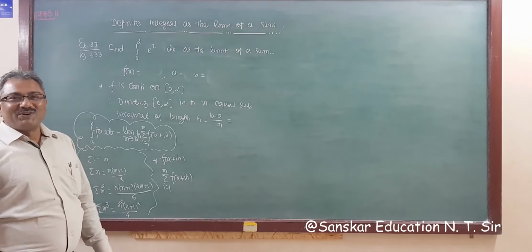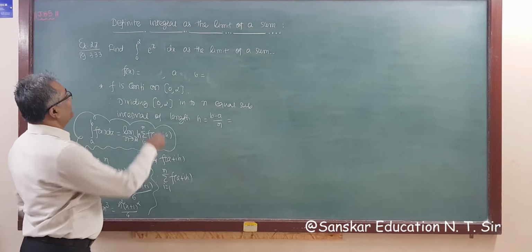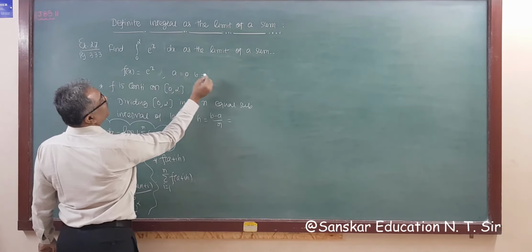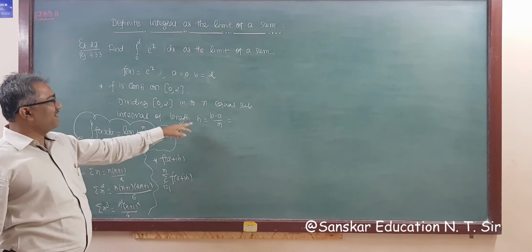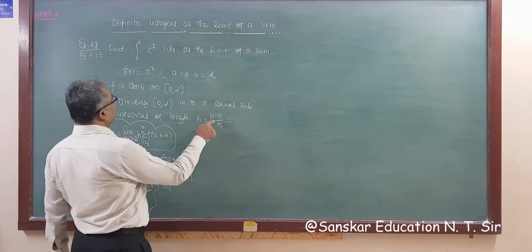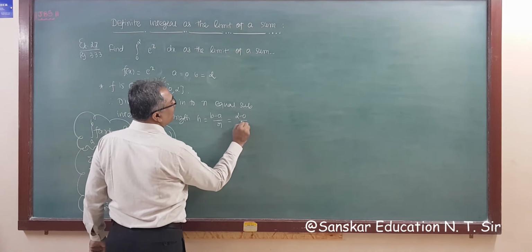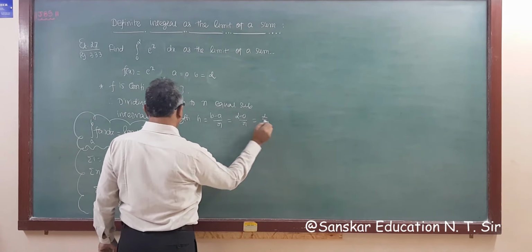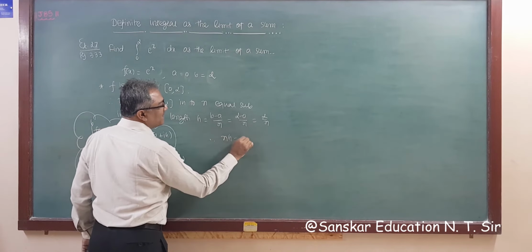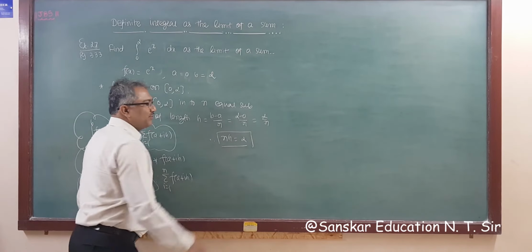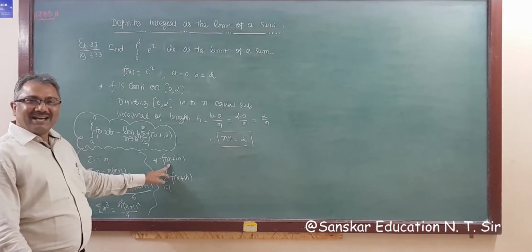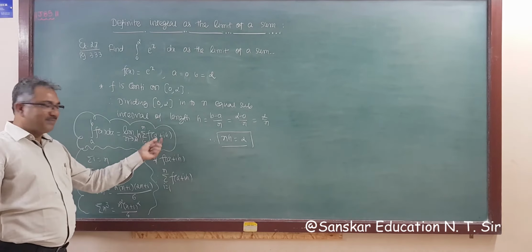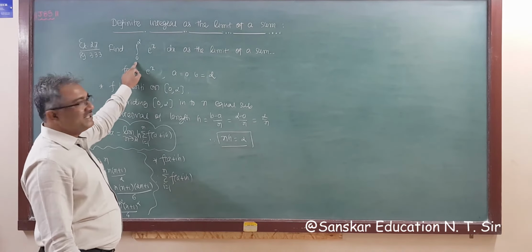Okay, so here f(x) is e raised to x, similarly a is 0, b is equal to 2. So f is continuous on 0,2, so dividing 0,2 into n equal subintervals of length h is equal to b minus a upon n, that is 2 by n. That is, we get, similarly to the previous question, nh is equal to 2, and this is a very important question, right? I have saved time. Now what we require for the definition is f of a plus ih. So f of a plus ih, a is 0, right?